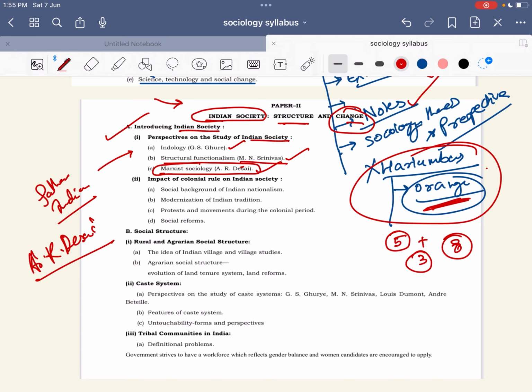अंडरस्टैंड व्हाट आई एम टेलिंग? तो आगे बढ़ते हैं। इम्पैक्ट ऑफ द कॉलोनियल रूल ऑन द इंडियन सोसाइटी। सी, दिस इज द पार्ट ऑफ देयर मॉडर्न हिस्ट्री, जो भी हम स्पेक्ट्रम में पढ़ रहे हैं, एनसीईआरटी में पढ़ रहे हैं, कि जब ब्रिटिशर्स थे यहाँ पे, तो तब की सोसाइटी में क्या था। अंडरस्टैंड? तो उधर से डायरेक्ट क्वेश्चन आ जाएगा यहाँ पर। सोशोलॉजिकल बैकग्राउंड ऑफ इंडियन नेशनलिज्म, ये तो आप पढ़ ही रहे हो। अंडरस्टैंड?